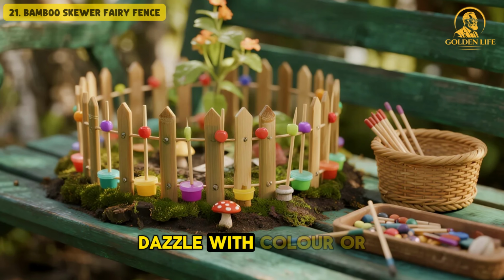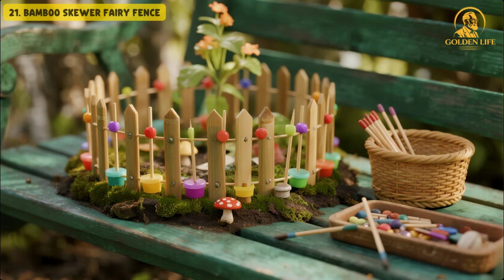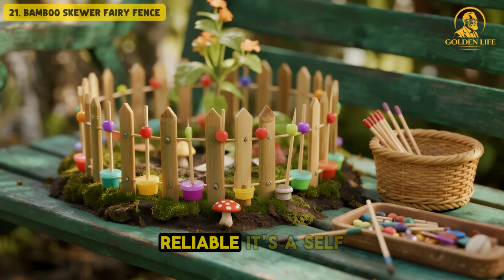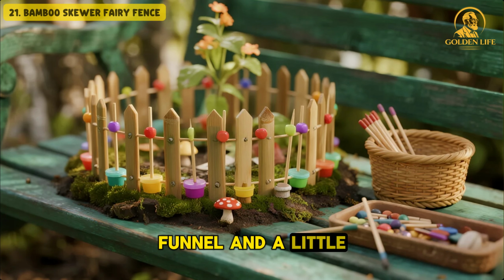They don't dazzle with color or shape, but instead bring quiet peace because they make life a little easier. The drip bottle system is exactly that kind of whisper. Simple, gentle, reliable. It's a self-watering solution made from the most ordinary of items, a plastic bottle, a funnel, and a little time. And it can make all the difference when your hands are tired or the summer sun is